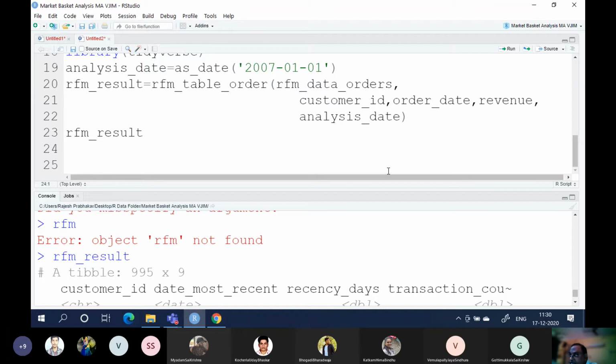So we got the RFM result with all the inputs and the segments.